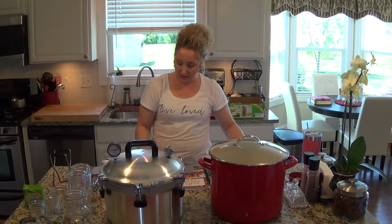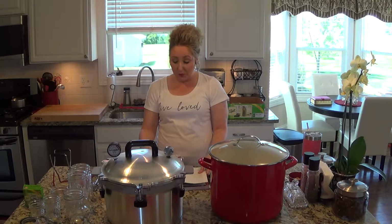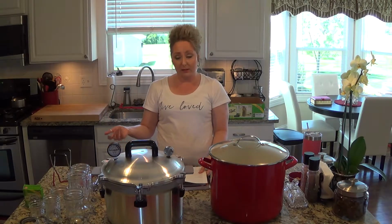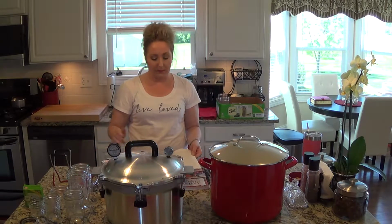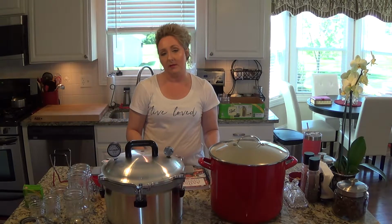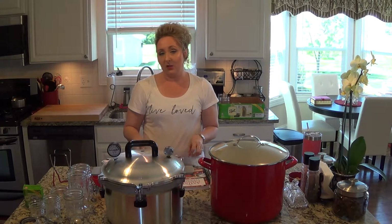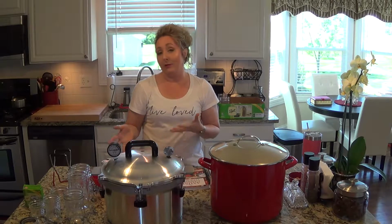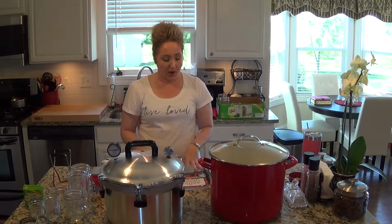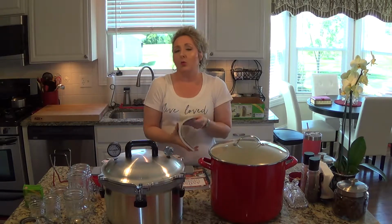There's another book. There's the difference between water bath canning and pressure canning, fermenting, freezing, dehydrating, curing, and smoking. So their books not only cover the canning process, but other processes of preserving food as well. I have not gotten into the other ways of preserving food other than freezing, but there are things that I do want to try. So anyway, you want to start with a good resource, and their books are wonderful because